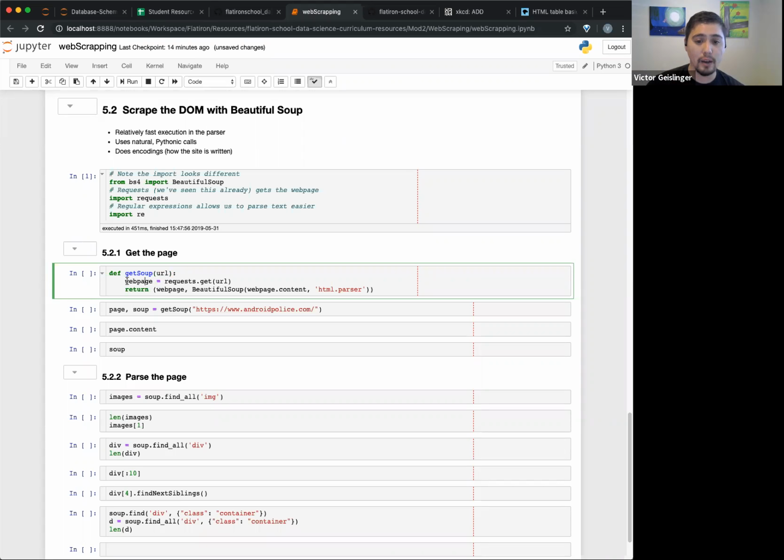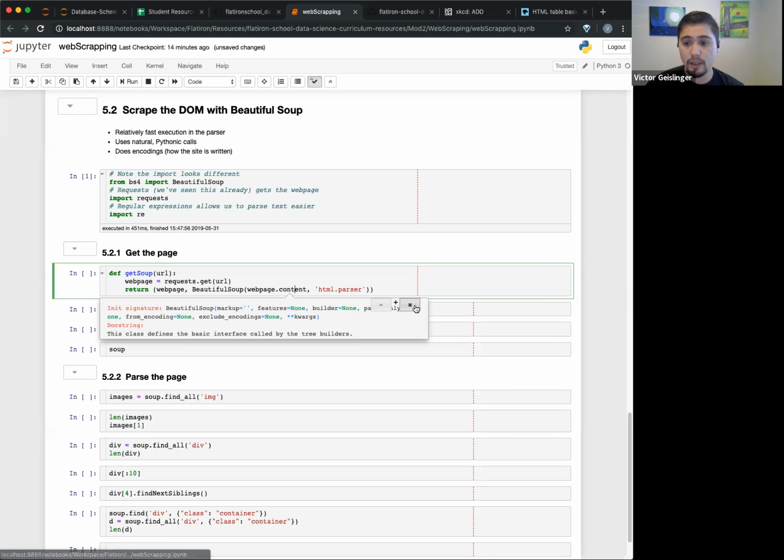So I'll get the web page, which is using requests to get it from that URL, and I'll return this web page and Beautiful Soup. Basically this is going to get the soup for the web page content, which is this web page, right? So what does the actual web page file look like? And I'm just specifying HTML.parser. I think the default is HTML parser. I could be wrong, but